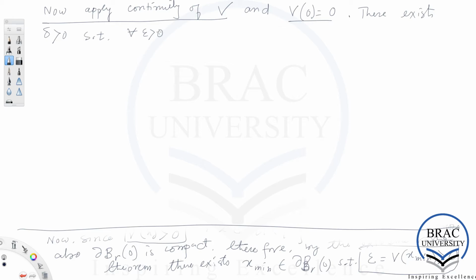So for all positive epsilon, one has mod of x minus 0 is less than delta. It will imply